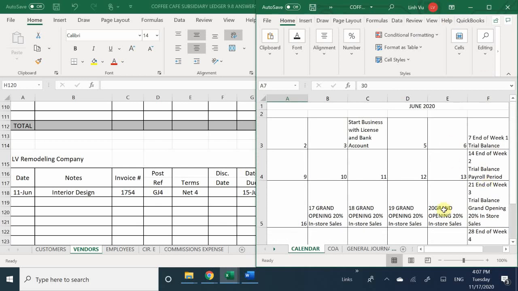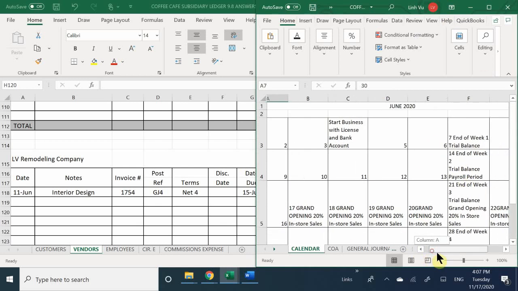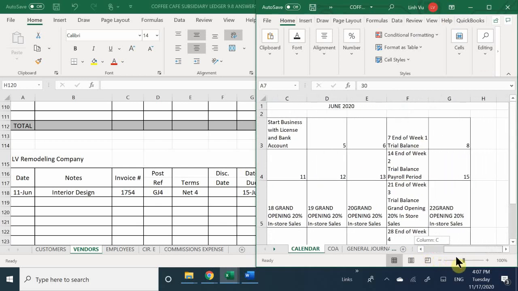So here I've indicated that on the 14th of June is going to be my payroll period. Okay, that means this is where I'm going to start making my payments for payroll. And on top of that, I pay every 2 weeks. So I pay on the 14th. The next paycheck's going to happen on the 28th. Now,